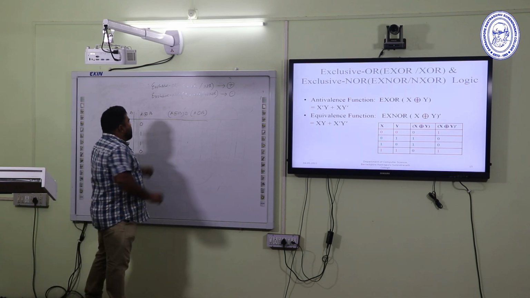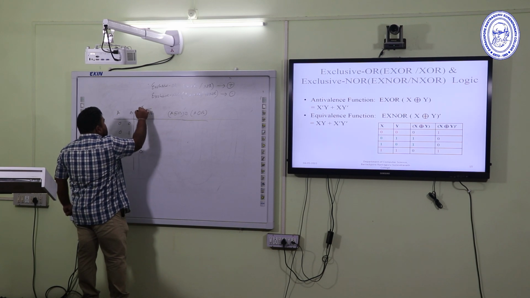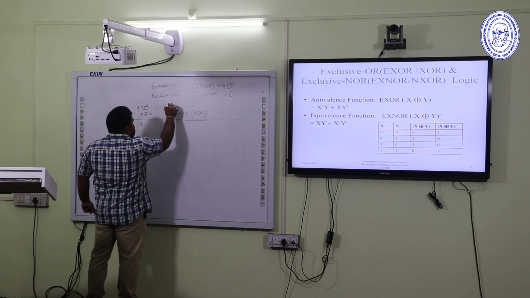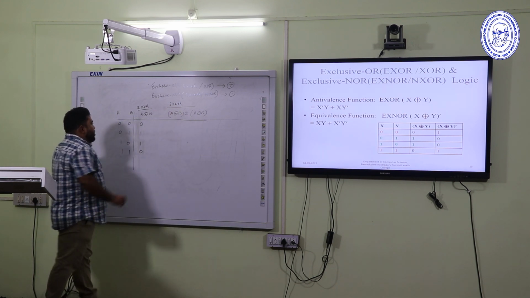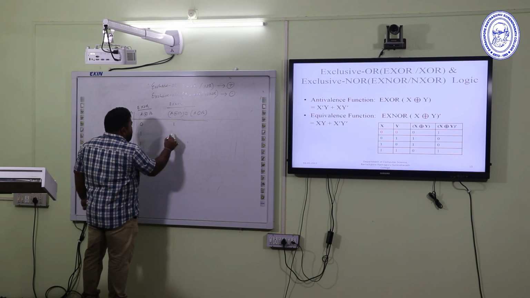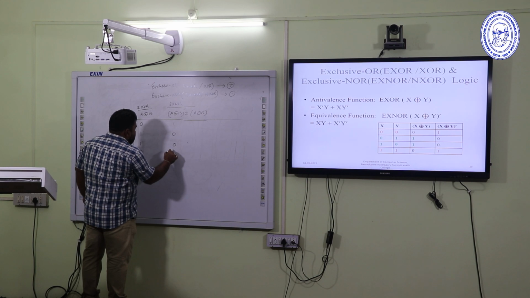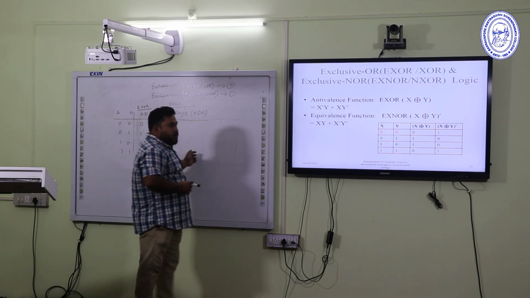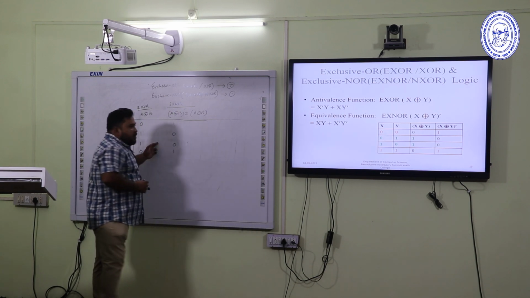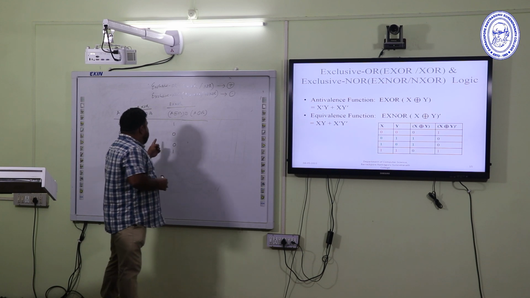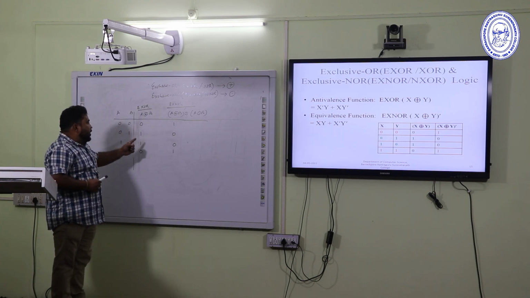And this is the XOR function, and this is the XNOR function, that is its complement. So that means 0 means 1, 1 means 0, 1 means 0, 0 means 1. So according to this view, we can notice that the antivalence function, that is exclusive OR, will be calculated